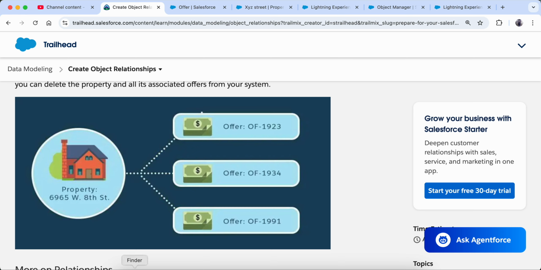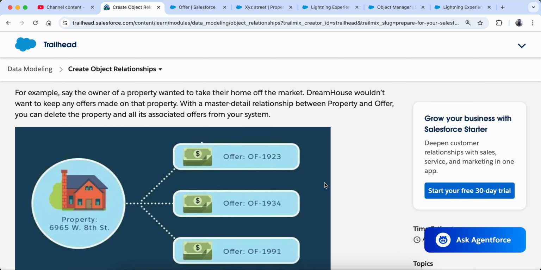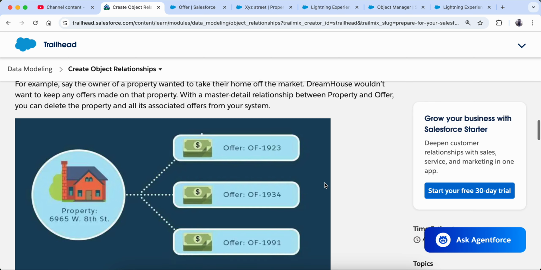As soon as this property is removed, these offers will get expired on their own, or be removed from the system, or hidden, expired or deleted, whatever method the company wants to adopt. But ultimately these offers will also not be visible. So this is what a master detail relationship looks like.